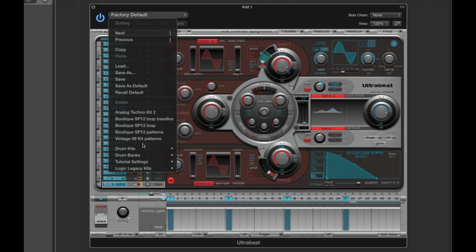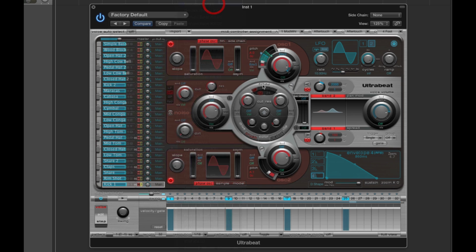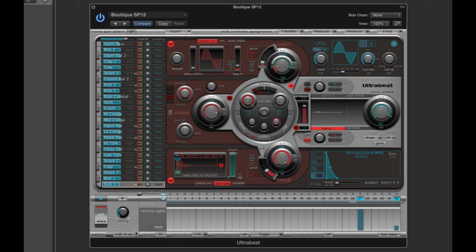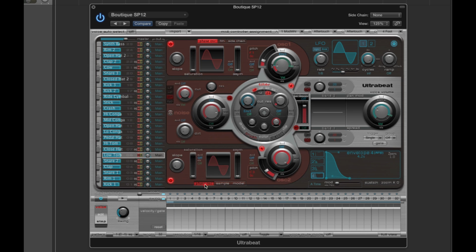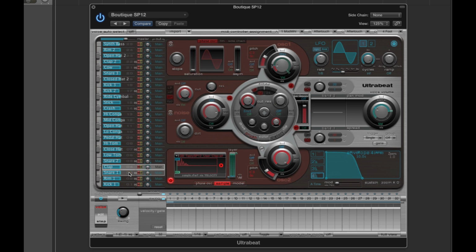Let's load up a kit that uses samples, the Boutique SP12. Here we go. Let's listen to the first factory pattern. Okay, this kit uses samples for all of its voices, so every voice that you select, the bottom oscillator is active, switched to sample, and there's the sample in the window for the voice. Okay, now